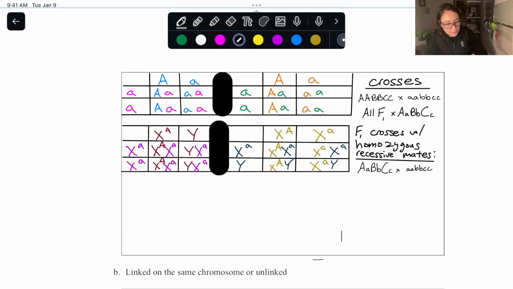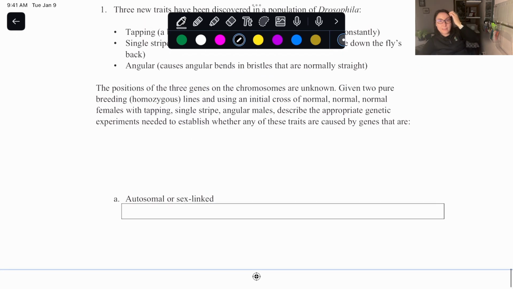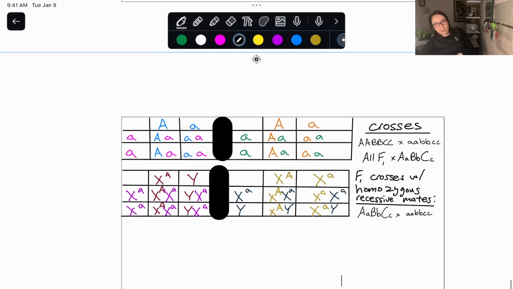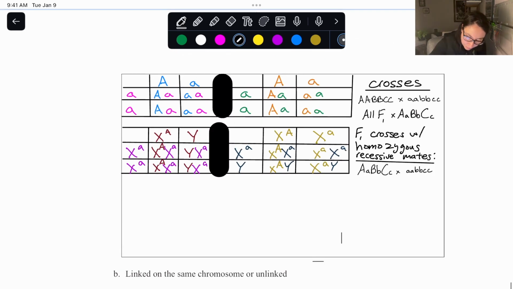And then we just want to explain a little bit as to what all of this means. Because again, it's like, wow, I just spent a lot of time drawing that table. What does this mean? It's asking, the positions of the 3 genes on the chromosomes are unknown, given 2 pure breeding lines, and using an initial cross of normal females with tapping single-stripe angular males, describe the appropriate genetic experiments needed to establish whether any of these traits are caused by genes that are autosomal or sex-linked. So here's the table that you made, and what you're asking here is